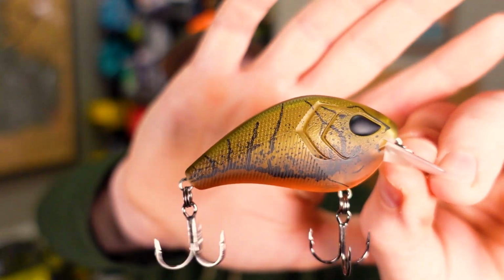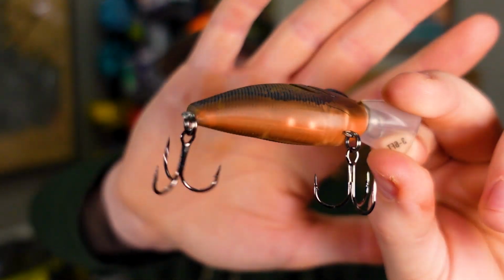I love the color, it's really muted. A lot of times in the fall and the spring, you see guys use these bright colors. One of my favorite baits that's coming out of this box right here is a bright color, but this is a nice alternative. It's a really natural color with just enough brightness there at the bottom for any fish looking up. It is pretty loud,